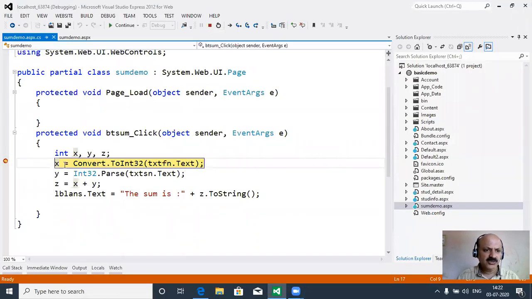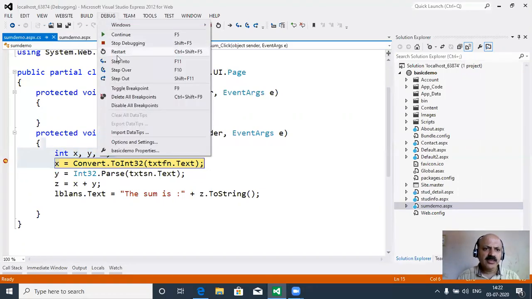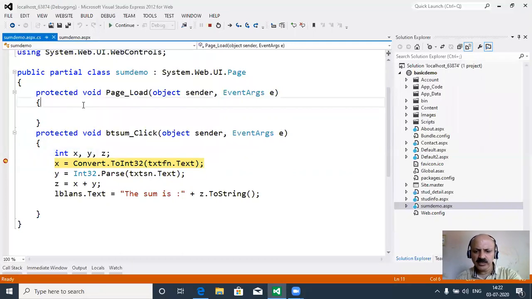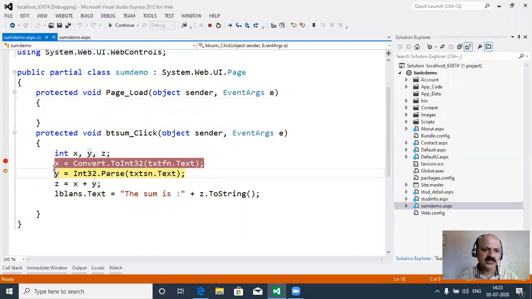Here execution is stopped, and we can see the x variable value is 0. In C# and Java, an integer value by default is 0. In C and C++, it is a garbage value. But here it is giving the default value as 0. That means this statement is not yet executed. So in the debug menu there is a Step Into option, and its shortcut key is F11. So I press F11 to execute this statement.